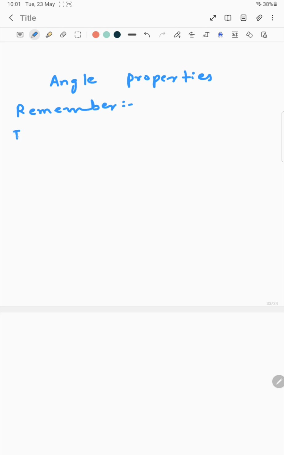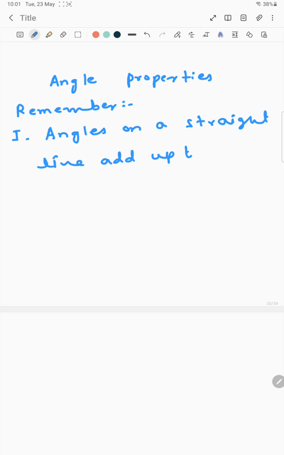The first property is angles on a straight line add up to 180 degree. So with every property, we will just do one example. So for example,